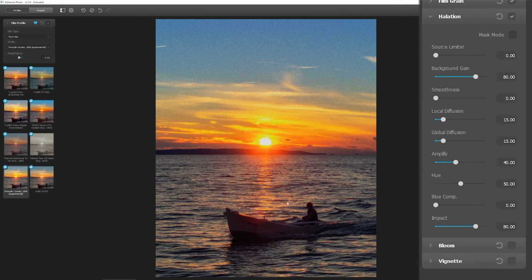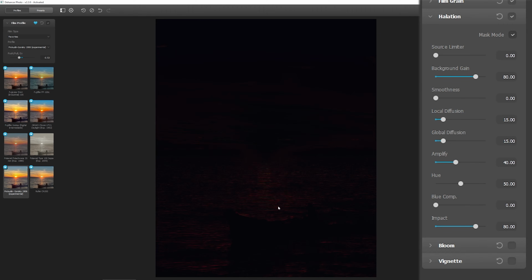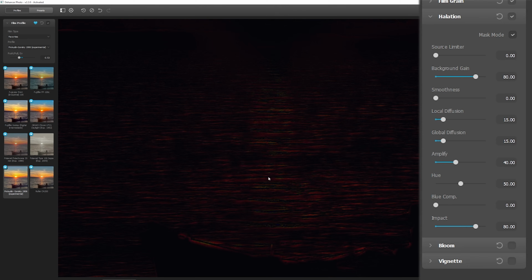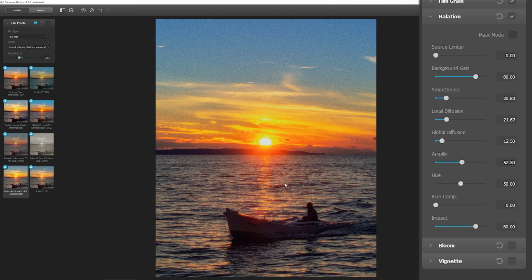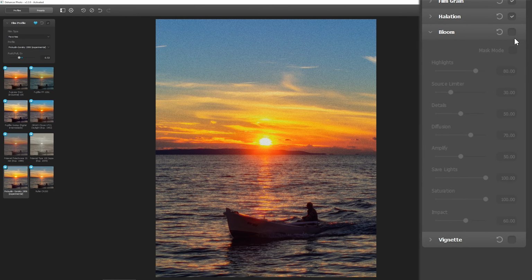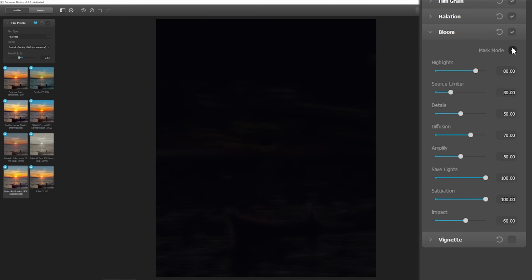Let's activate halation, and the cool thing is that you have the mask mode. The mask mode shows you how this effect is affecting the image. These red areas are an add-on from blooming on the photo. This is beautiful. You see the reflection on the water is looking great. Very happy with that. Now, let's go to bloom. As I told you, it is the brightness. If I go to mask mode,